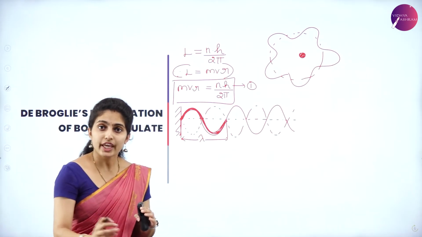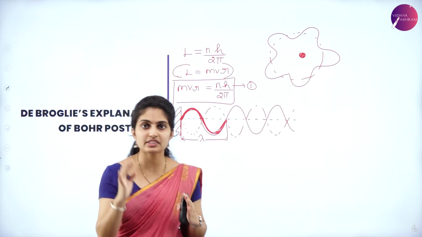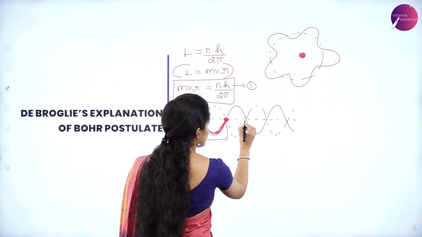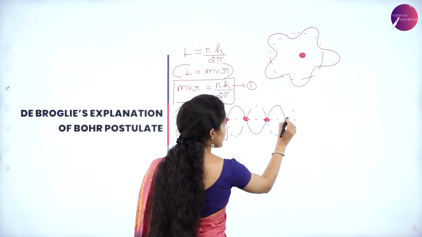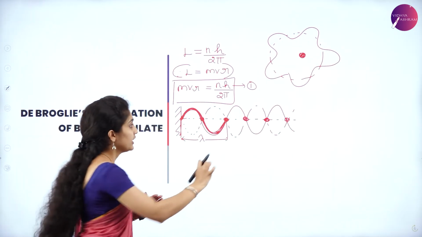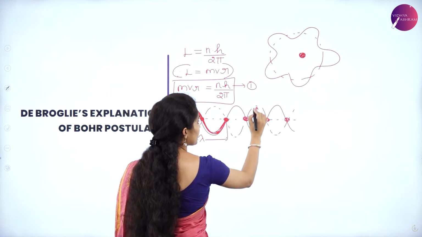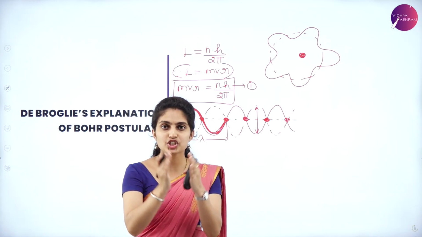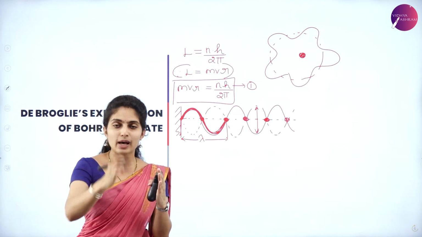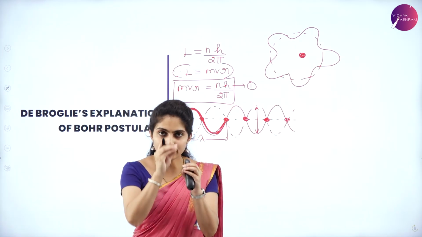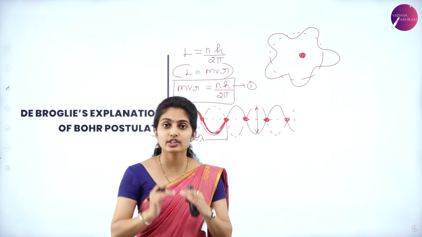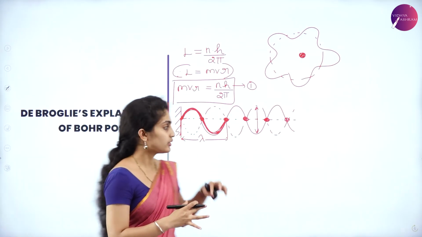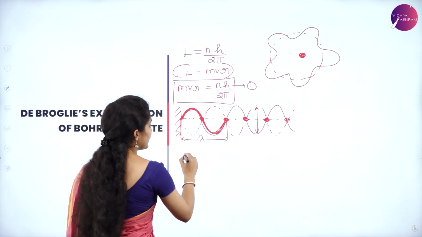Now, the wave which survives during this process is nothing but the wave which forms at the node. Survival of the fittest. That is, the wave which is formed at the node. This position is said to be anti-node, and this position where it merges, where the two waves, one is the imaginary wave and the normal wave which moves, that is, it moves upside and down. So the point where it meets is said to be node, and the survival of the wave is only at the node.